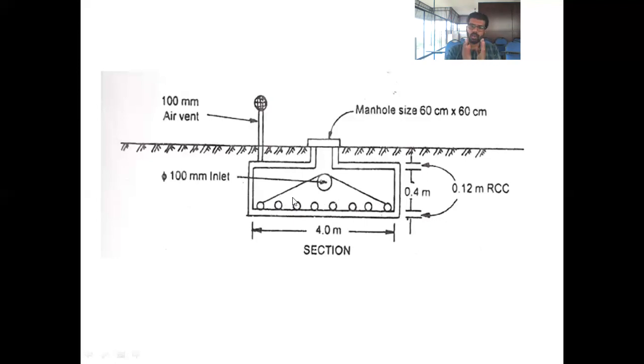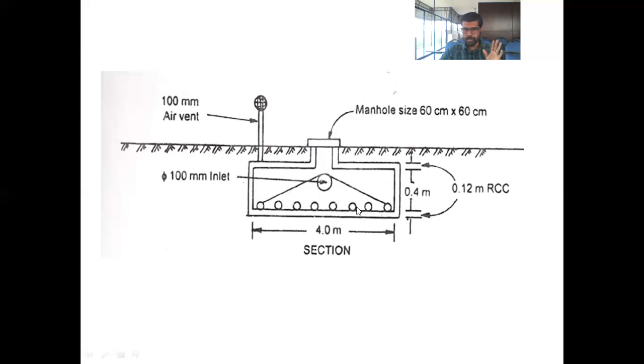Okay, so I will show you the sectional view of a trench also. So this is the dispersion trench total, how it looks like. You can see it in this section. When you see the plan view, you can understand it more deeply. When you are seeing this view, you need to know this is only the inlet chamber, like an inlet chamber.